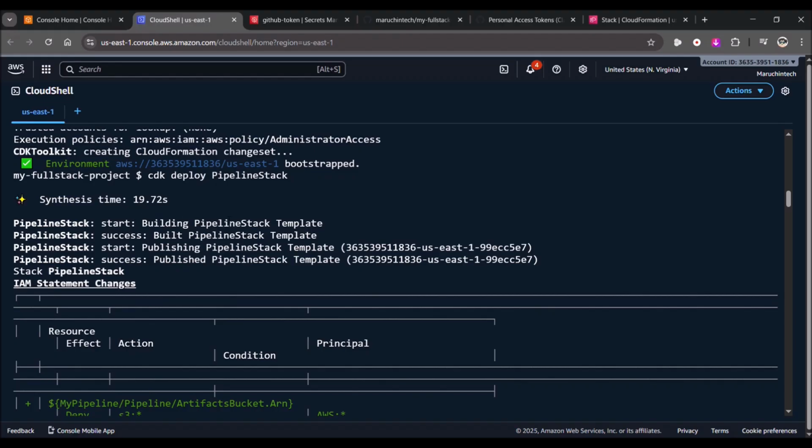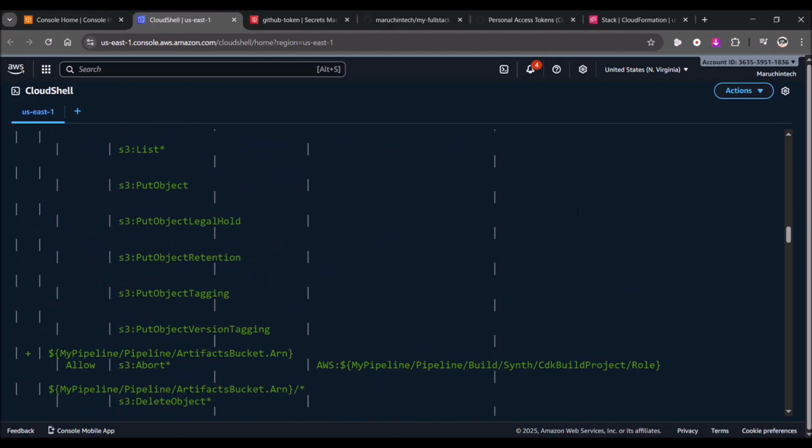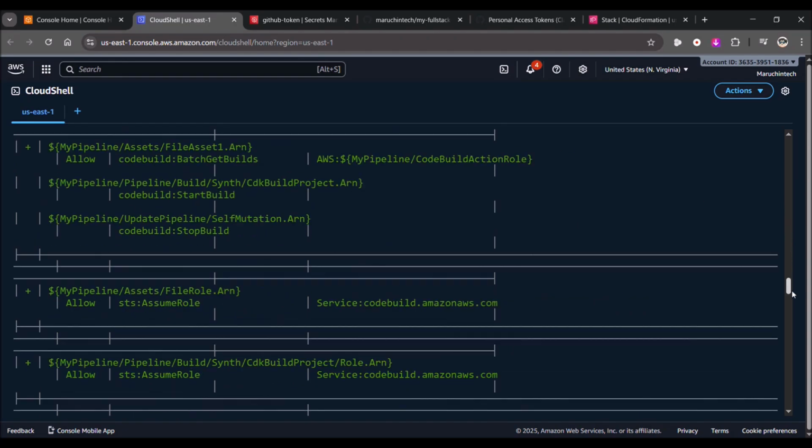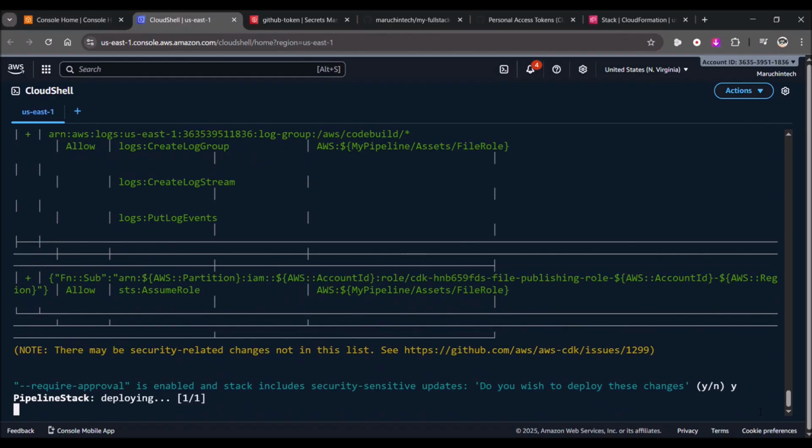After the synthesis, the pipeline stack deployment begins, and it shows some resource changes. So scrolling down to the bottom and clicking on Y and pressing enter,